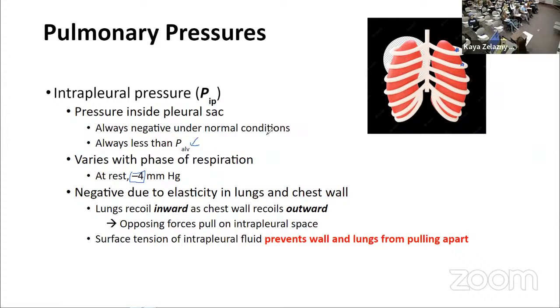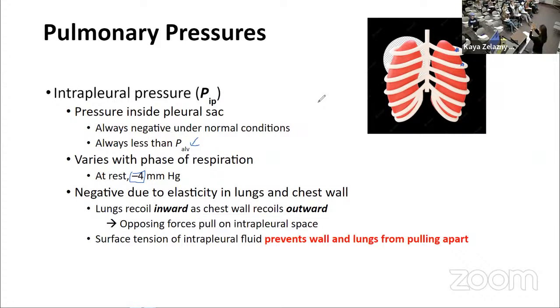Now, this is important because it's what's helping us not have our lungs collapse down into little balls. The tissue of the lung is elastic and really kind of fragile. So this pressure is kind of pulling us along with the chest wall. Now, what happens to create this, right? You're thinking about like